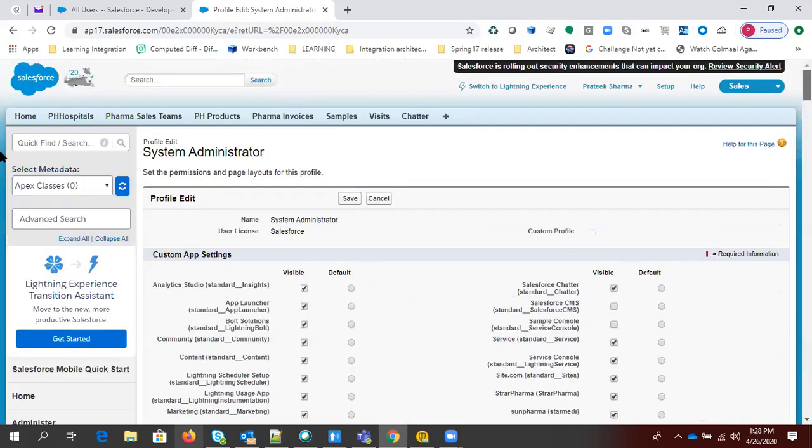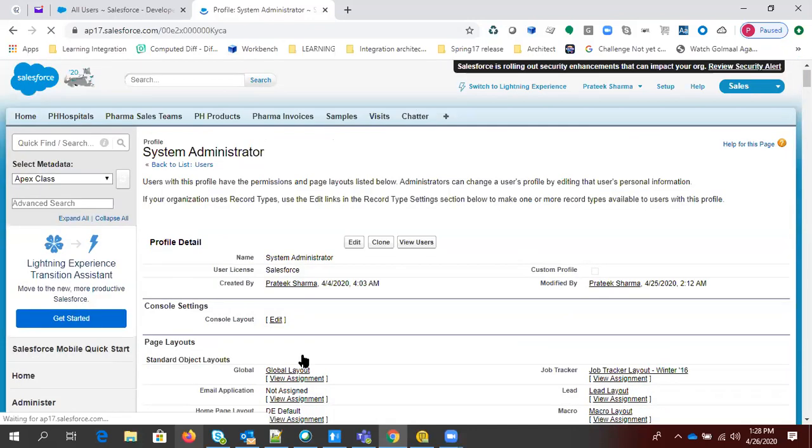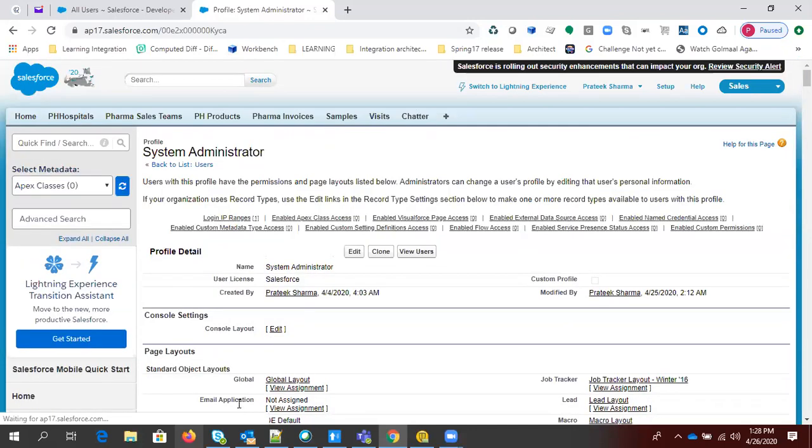So generally we create our own profile, our custom profile, so that we can customize each and everything available in the profile. But right now we don't have any custom profile, so we have assigned standard profiles to our users, right? You can clone and create your custom profiles as well. And why do we need to clone? Because there are a lot of permissions, so you can't give the values for each and every field. So Salesforce has already given the functionality to clone a profile, so that you can create a new profile and, based on your requirement, assign the permissions.